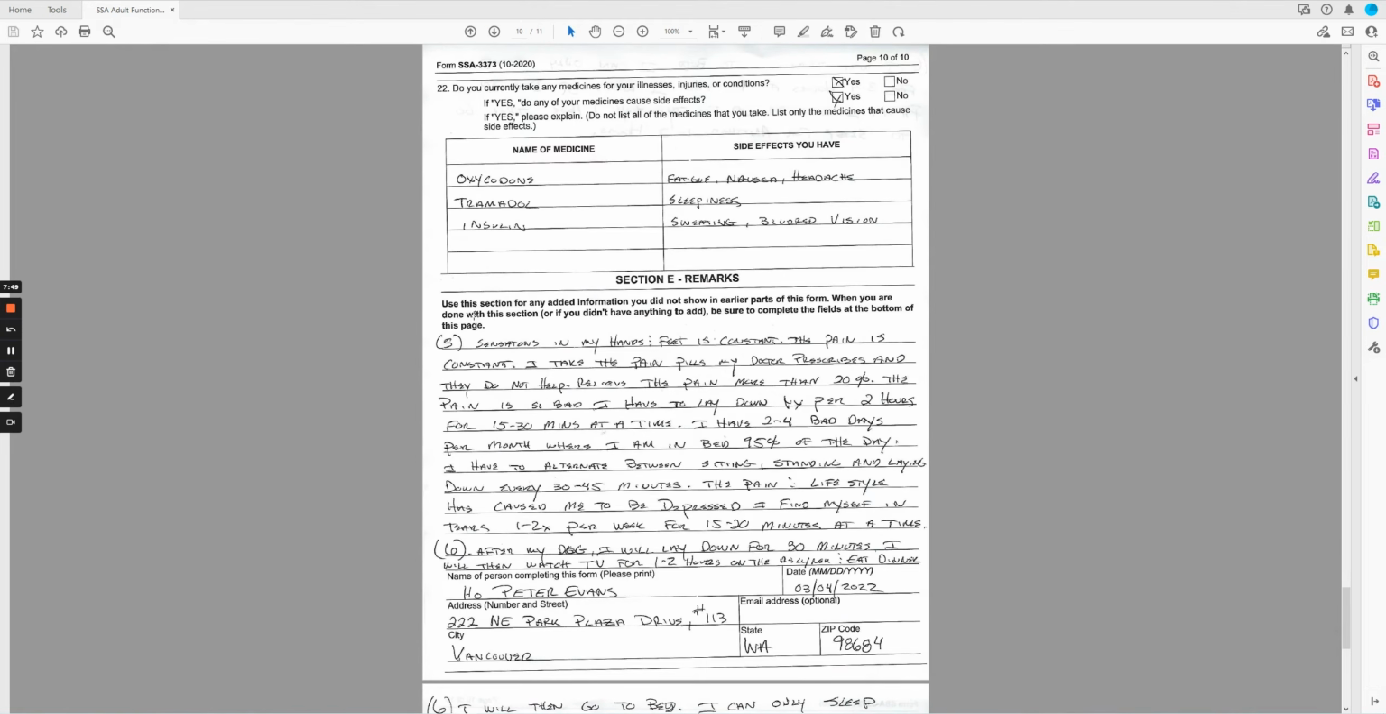On page 10, you can see I wrote question number 5. I have burning sensations in my hands and feet, which is constant. The pain is constant. So now you're talking about the diagnoses, the symptoms, and the frequency of the symptoms. Now, if your pain's not constant, then you can write my pain comes and goes, and then be specific. It comes and goes on average 5 to 10 times a day, lasting for 20 to 30 minutes at a time. Then I wrote here, I take the pain pills my doctor prescribes, and they do not help relieve the